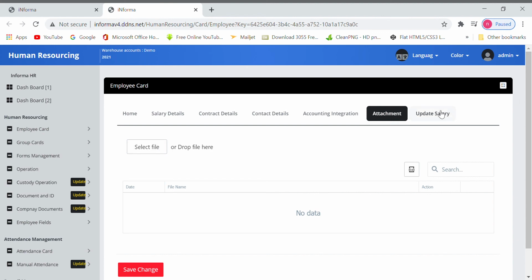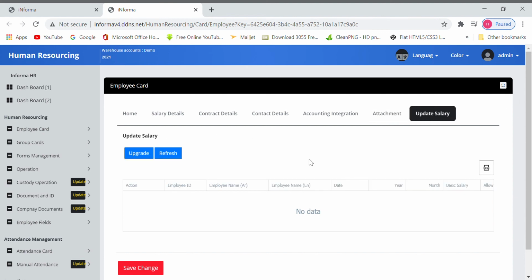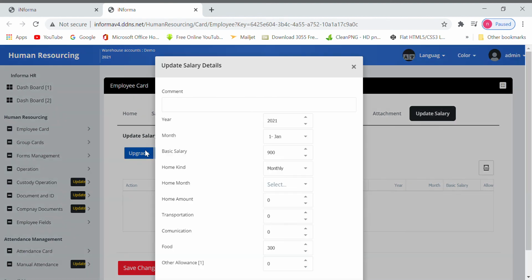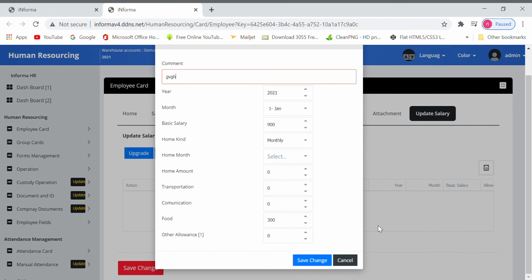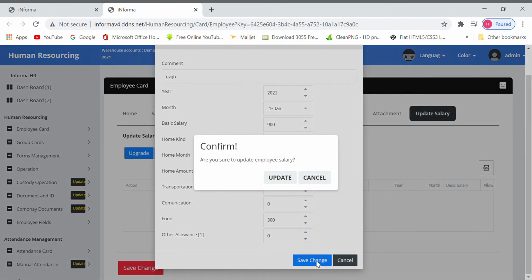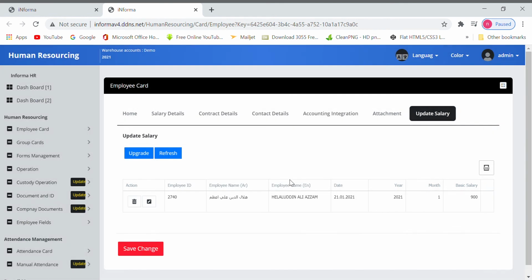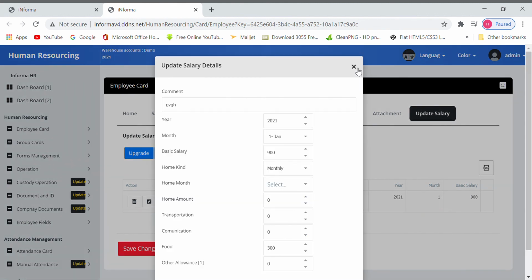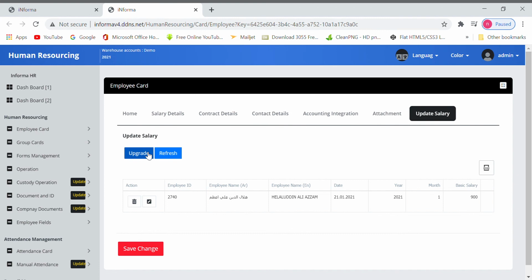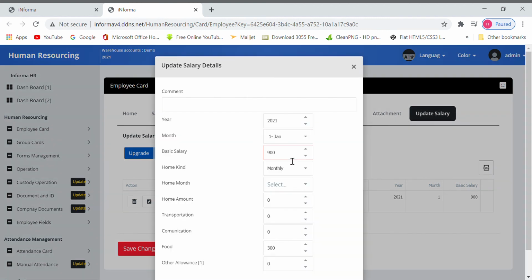And if you are going to revise his salary, you can also keep a record of the salary update. For example, the first time his salary is this, you can keep the record. The second time, in this year, the salary was this. Now if his salary is going to be revised, you can come here and add it in basic salary.